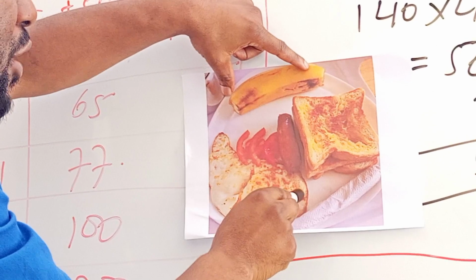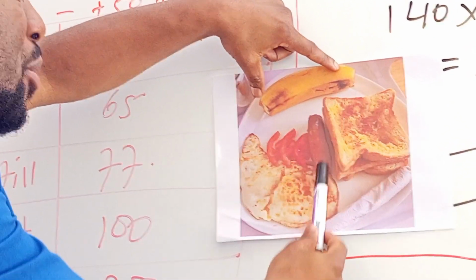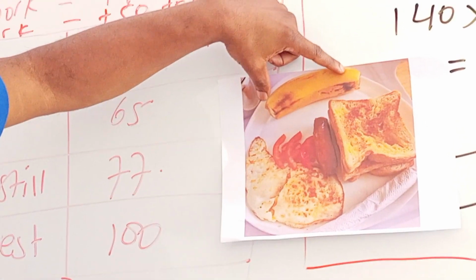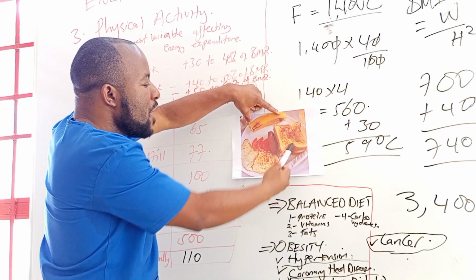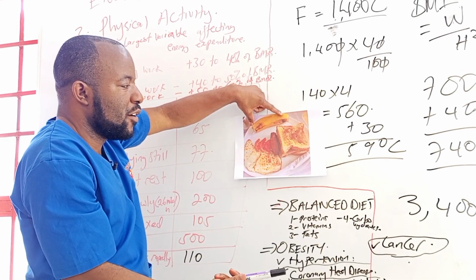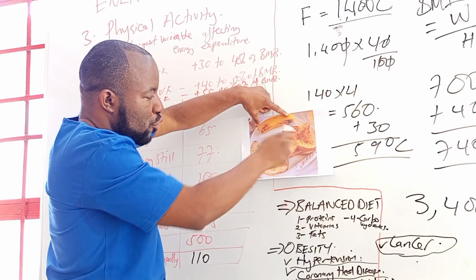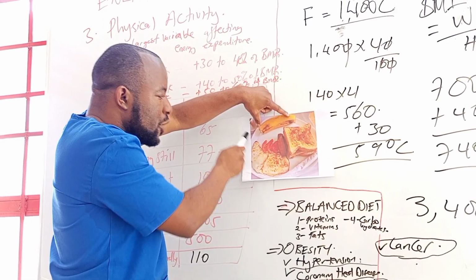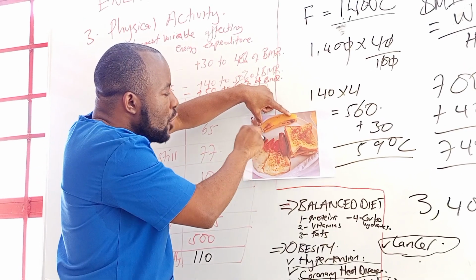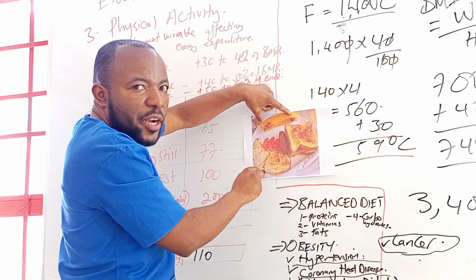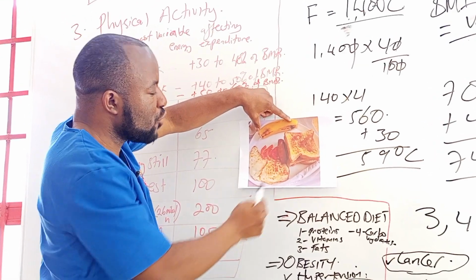So this person has only provided just a small piece of sausage as his or her thermogenic effect, because we said banana, a carbohydrate, just needs 5% to break down, but protein needs 30% of the total. So if you have less protein, this meal is deficient, it is lacking. You should have more sausages than this bread or banana. Instead of a banana, add more sausage so that you have more protein.